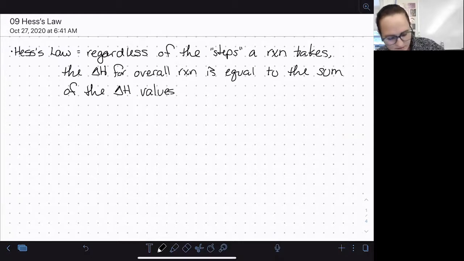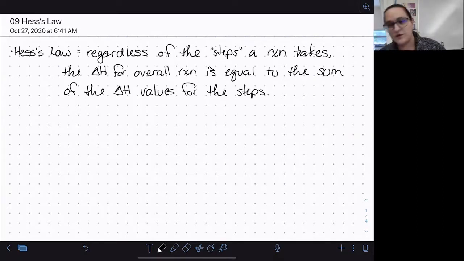So if we don't know the delta H for a particular reaction, but we know delta H values for some other reactions that we could use as steps, note that the reaction doesn't actually have to go through those steps. But if we can write it on paper like it does, we can add up the delta H values for those steps,